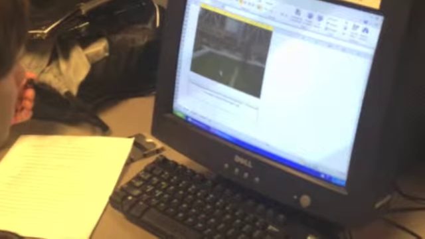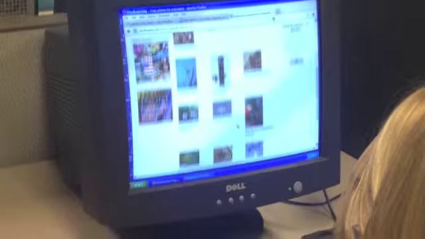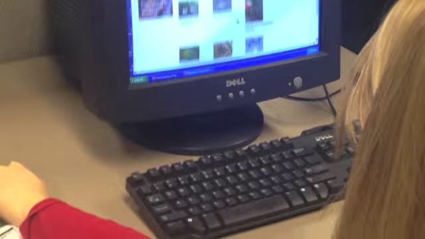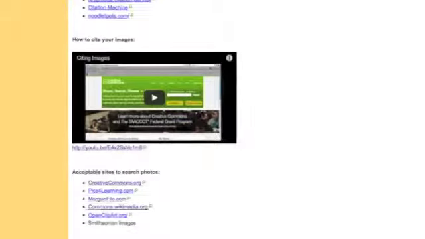When students went to put their projects together, they had to find Creative Commons pictures and also cite them correctly. We talked through the process and I gave students multiple resources to help them find pictures and make sure they were citing them accurately. I posted all of these resources on the class wiki so students were able to access them from anywhere. I was impressed by how well they did with these new tools.